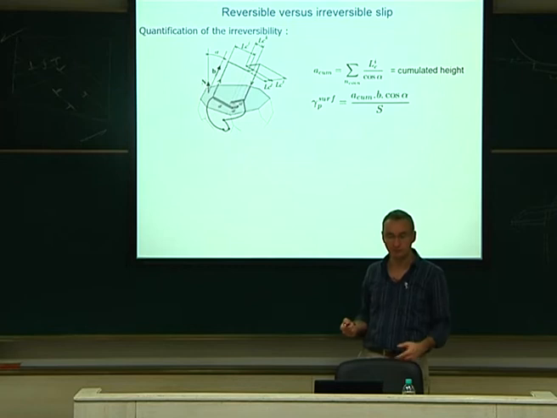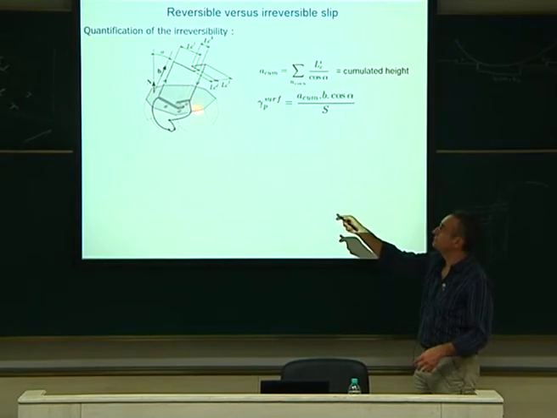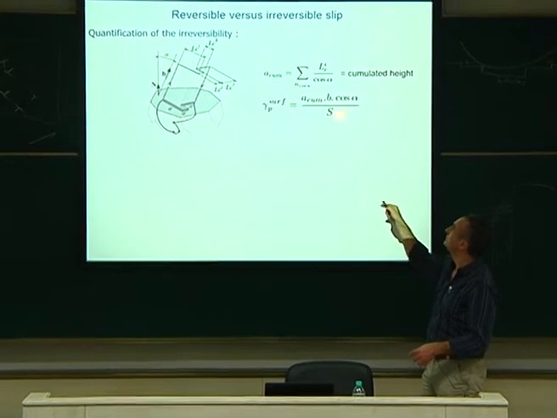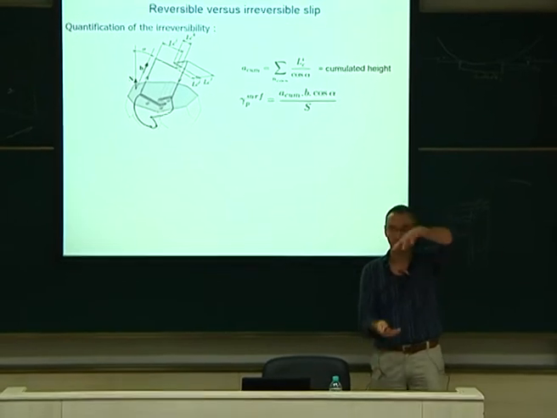So how could I compute that? What we decided to do is to compute a quantity that we call a surface shear, which is the total amount of plastic steps you have in your surface, like this. You project along the normal, and you divide by the total area. So it's a shear of your surface, cumulated shear of the surface.